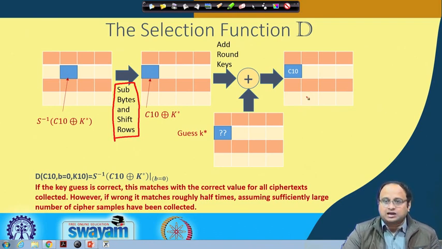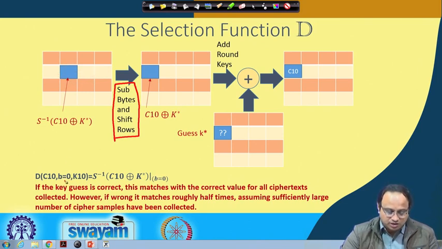Now imagine that as an attacker you are interested in knowing this byte of the key. Likewise, I will recover each of the bytes, so that is why it is a divide and conquer attack. I take the corresponding ciphertext, say C10 here, and XOR it with the guess, say K star, and then go inwards by taking the inverse operation. You see there is a shift row operation, because of which this position corresponds to this position. Therefore I take S inverse of C10 XORed with K star, and I can target any of the bit positions here.